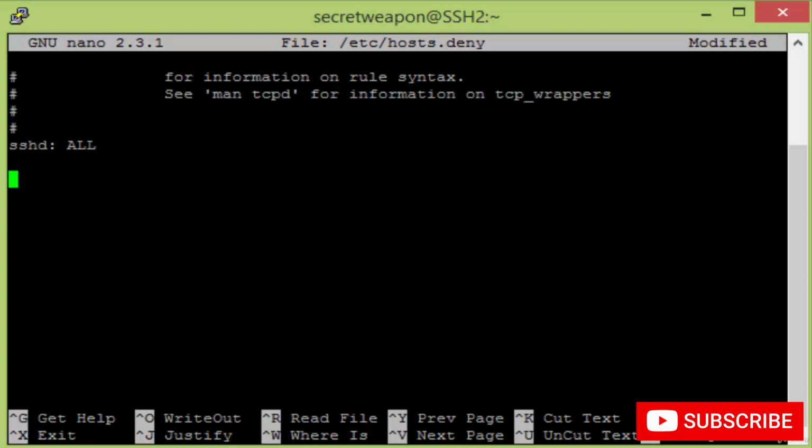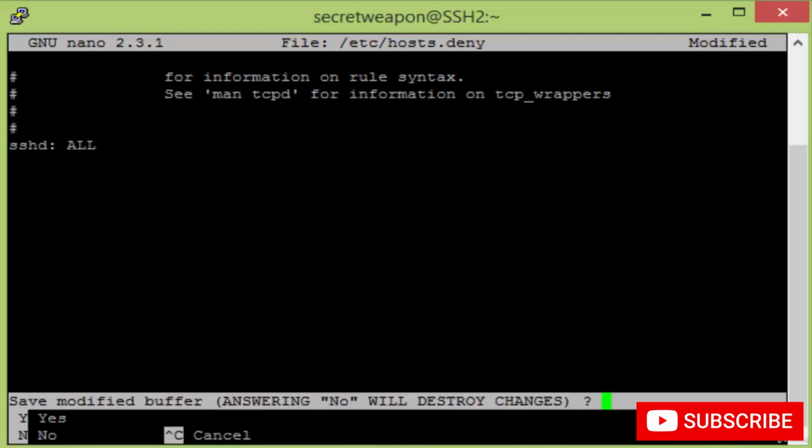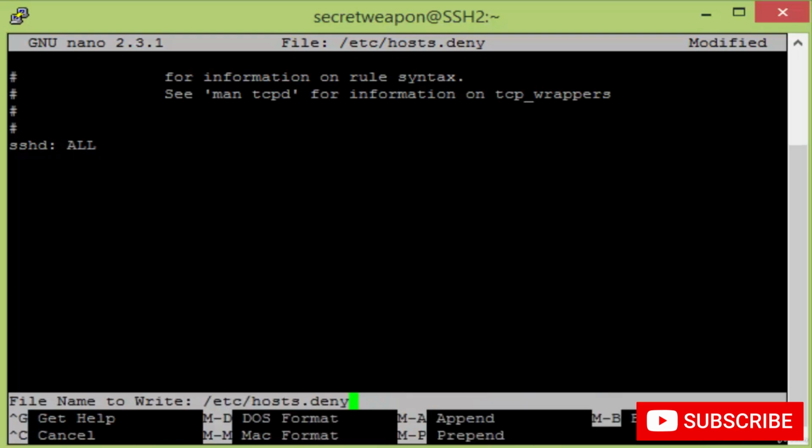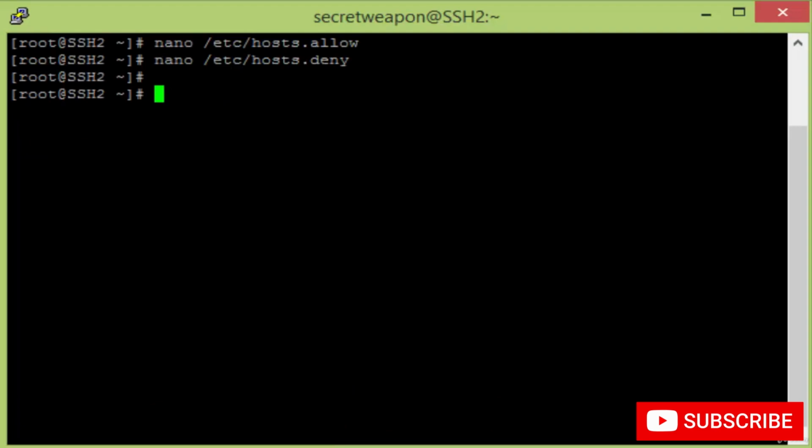And keep the rule SSHD: ALL, which means deny access to the SSH service on this machine from all IPs. Okay, now let's save the file. I will press Ctrl X, then type Y and press enter. Okay, now let's try to access the system from any IP except